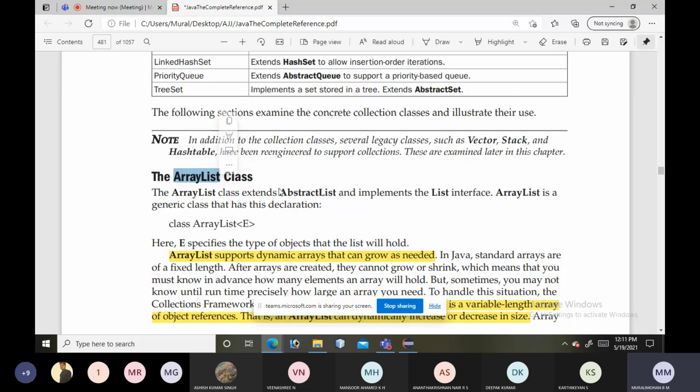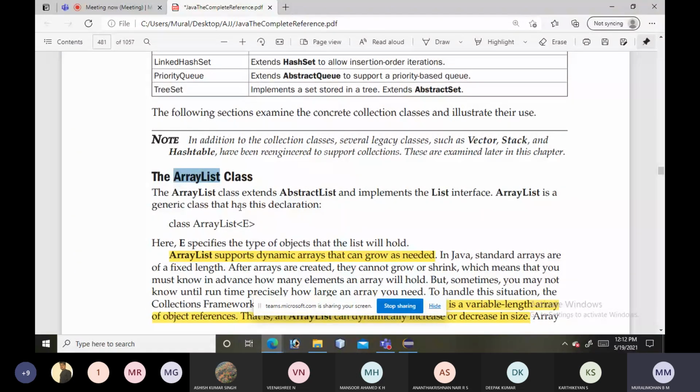What is array list? It supports the dynamic array concept. Dynamic arrays means the array grows as it needs, and shrinks if needed. To implement dynamic arrays, we use the collection class array list. Before this, the arrays in standard Java programming were of fixed size, which means the programmer must know beforehand the number of elements or the size of the array, and then declare it. That was a major problem.